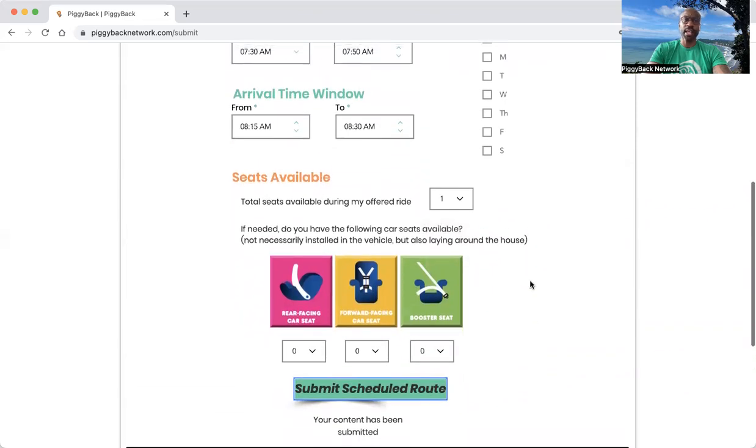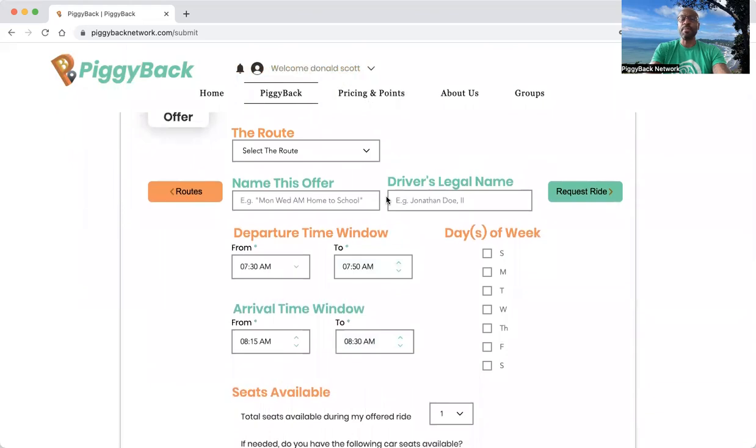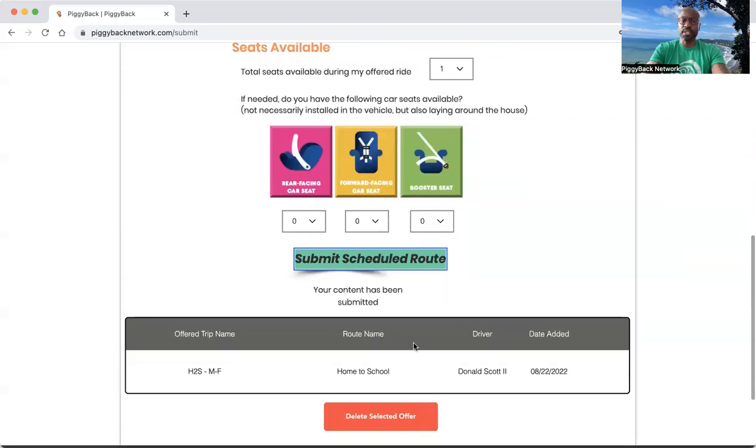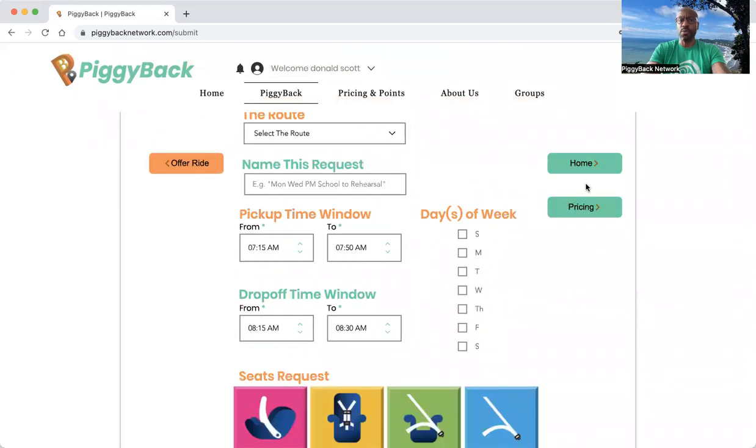If I wanted to say home to school, just Tuesdays and Thursdays, or sometimes people have home to school Wednesdays, but they go a half day. There's plenty of flexibility inside the platform to choose these different types of offers based on the route going from home to school. If I choose school to home, for example, to make the request, then I may say, I